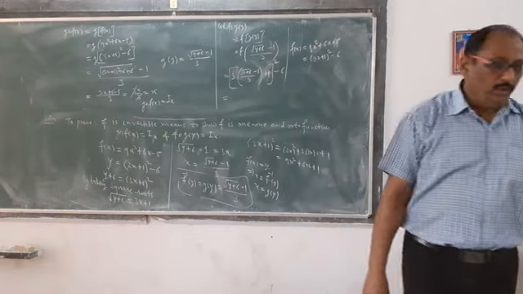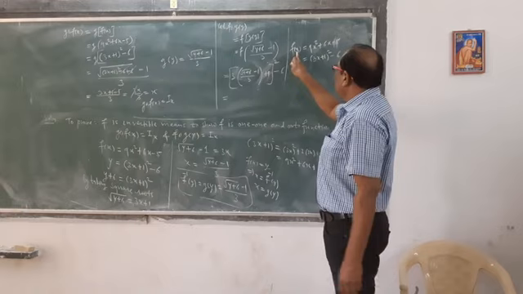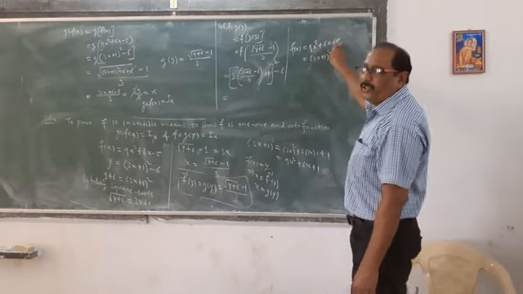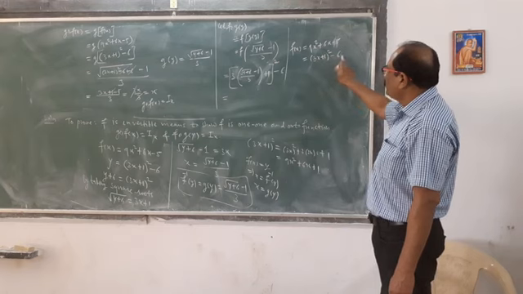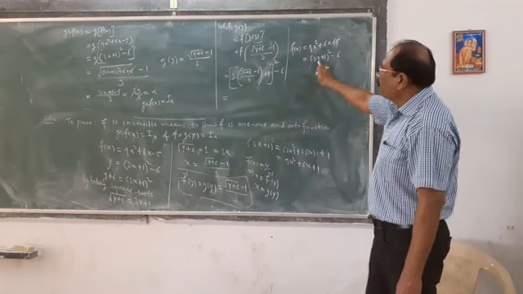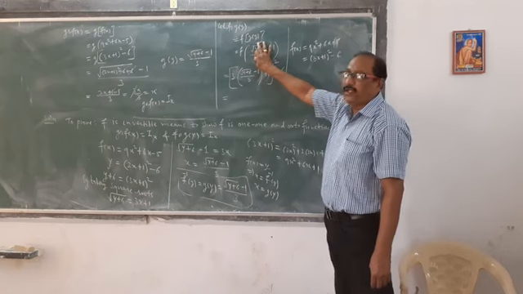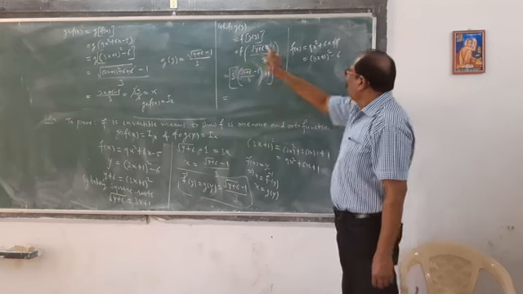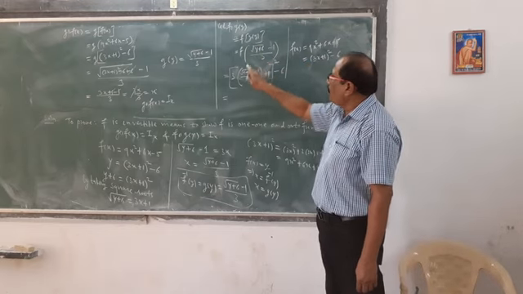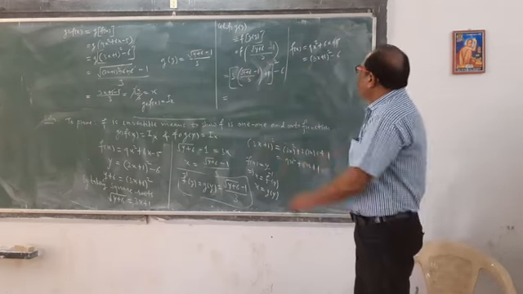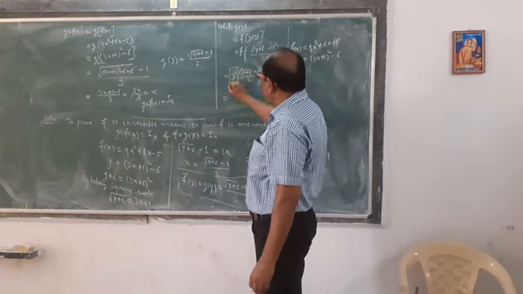That's why I told you to observe carefully. f of x is equal to 9x square plus 6x minus 5. It can be written as (3x plus 1) whole square minus 6. This whole expression is considered at x, means 3 into x, 3 into this one, x is square root of y plus 6 minus 1 upon 3. Then plus 1 as it is, then minus 6. Here 3 will get cancelled.